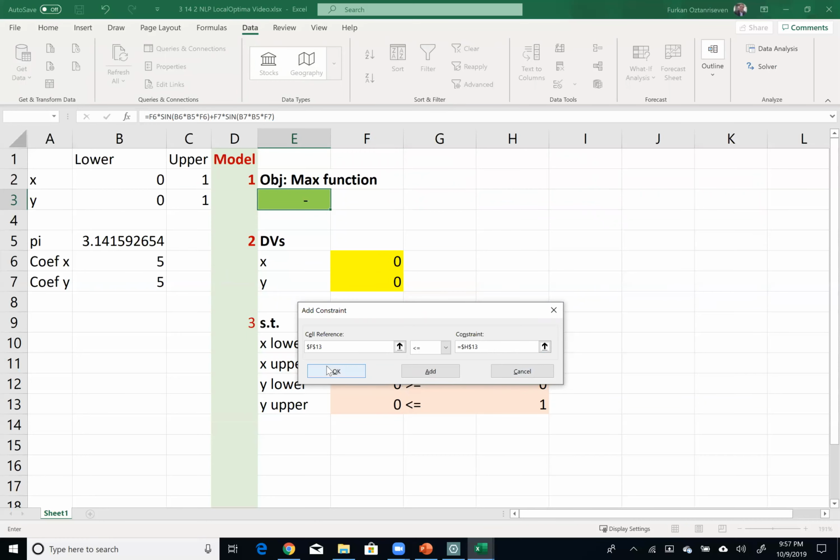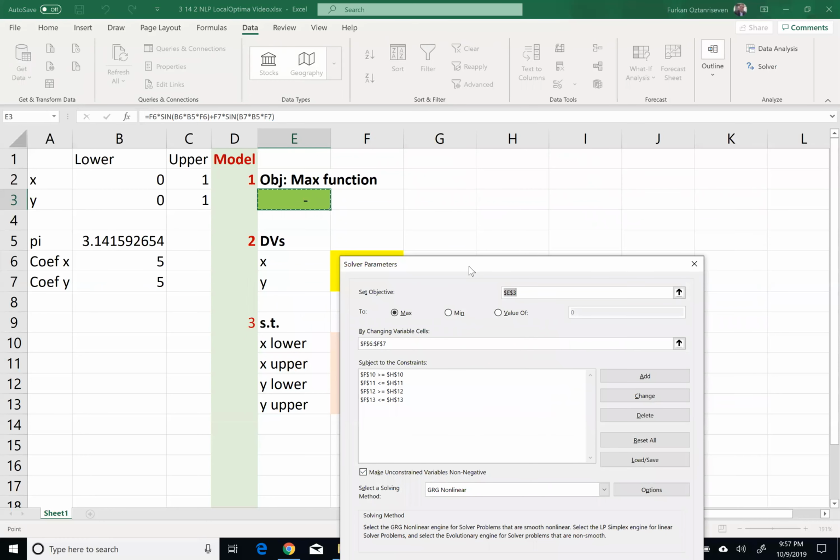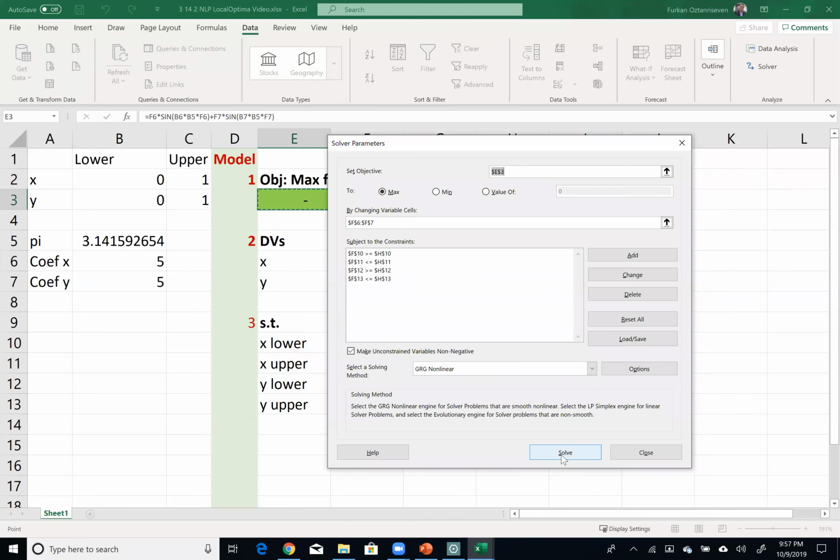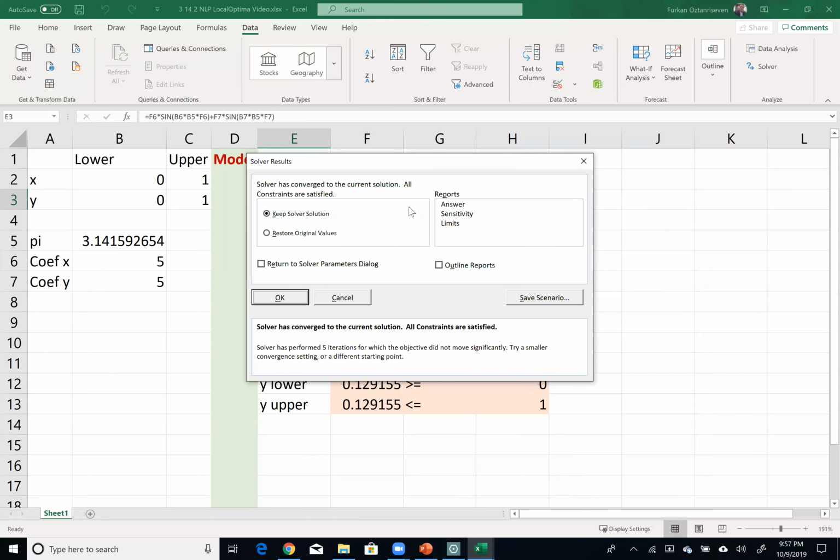Click OK. So if I solve this problem right now, my result is, okay, it says it found the optimal